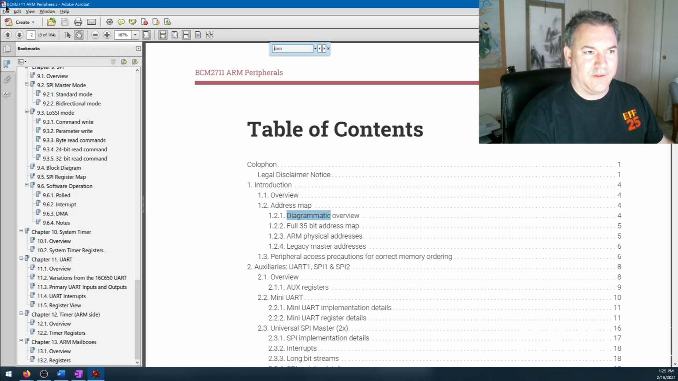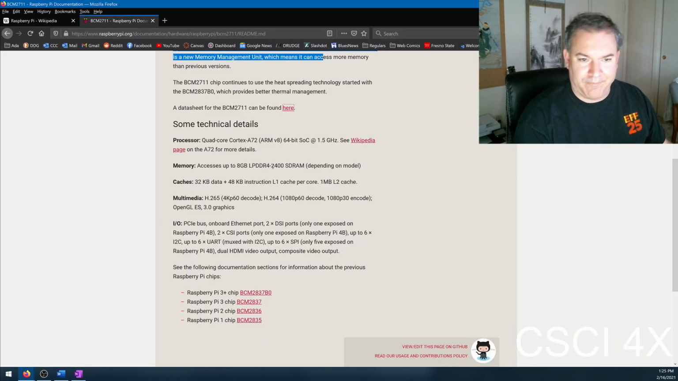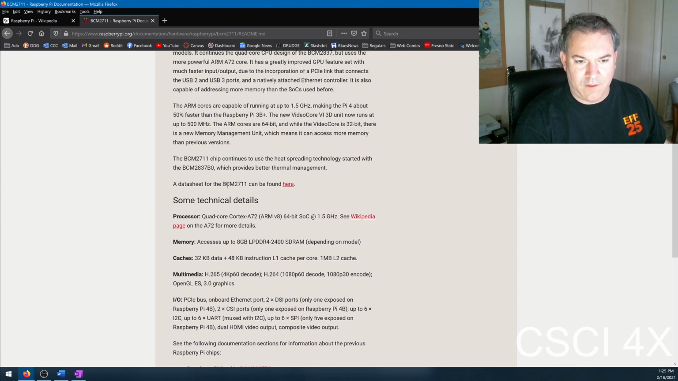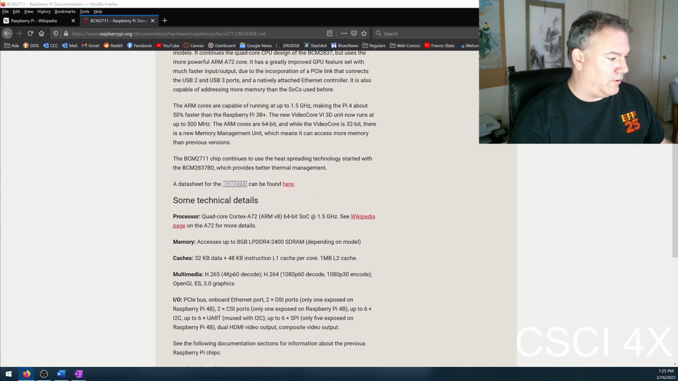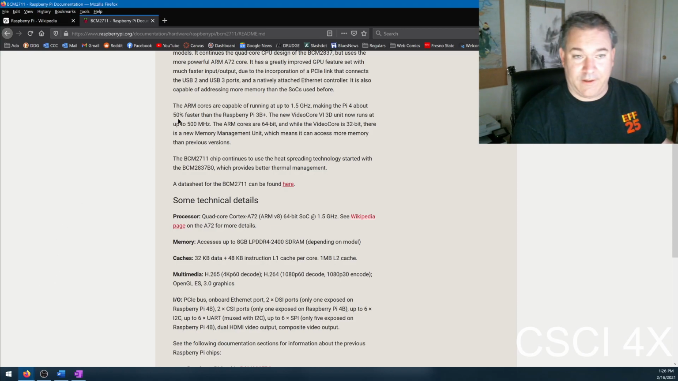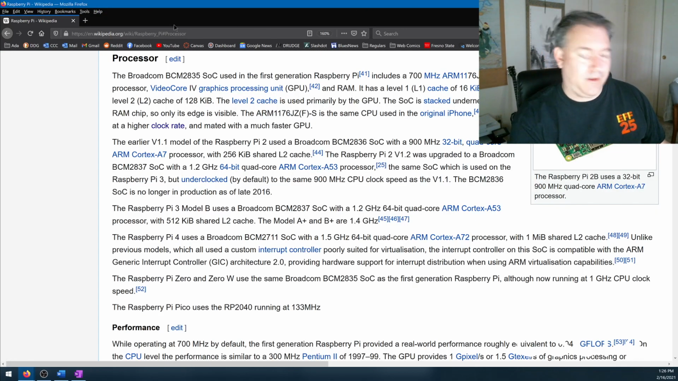Anyhow, the point is that the Raspberry Pi, if somebody could look that up, how big the BCM 2711 is, I'll post that into Discord. But it's way smaller, and so the kicker